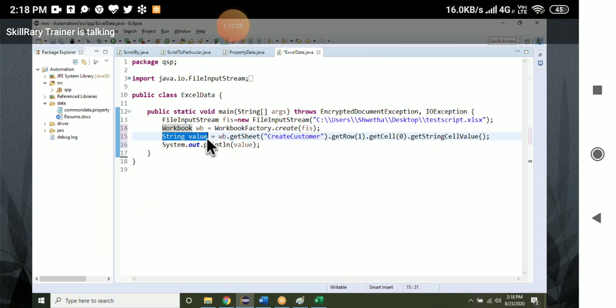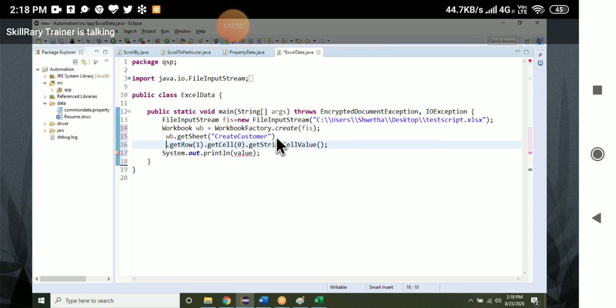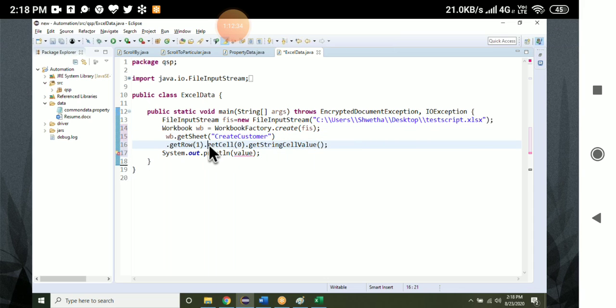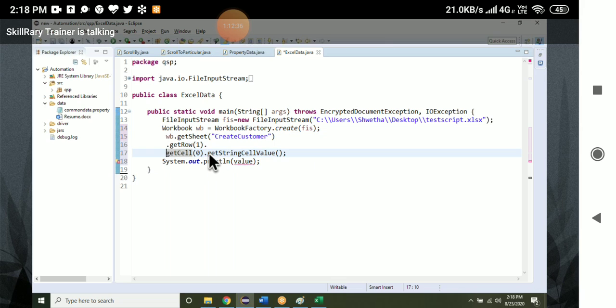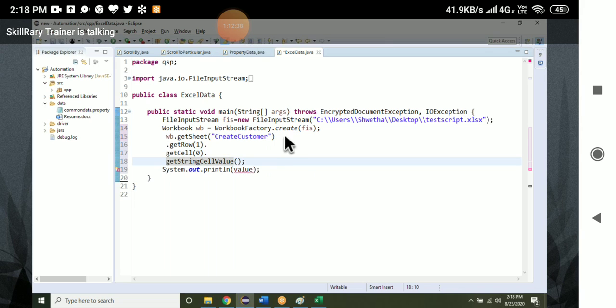Instead of doing it like this, few people will write it like this. First, they will do like this. This one is easier; the one which I showed you guys is a little bit easier.